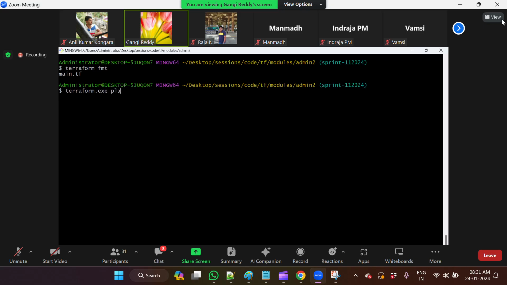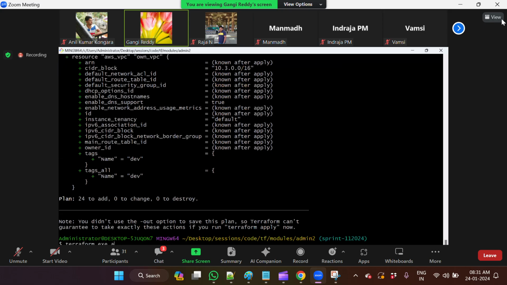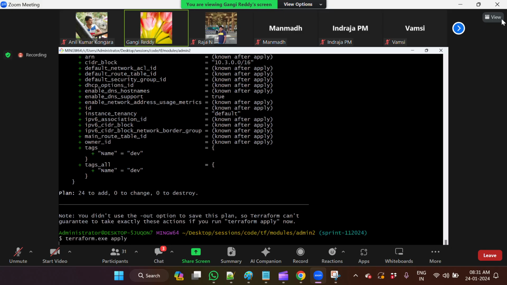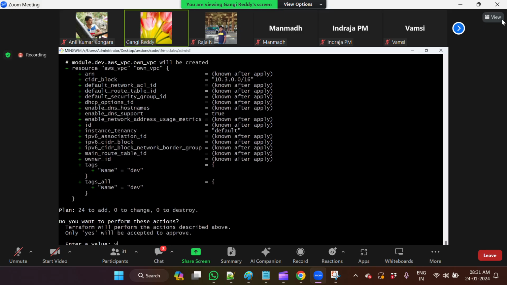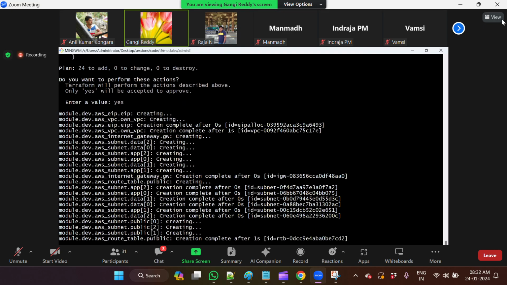Terraform plan. I wrote one module. I'm reusing that same module at multiple places. Just apply. It takes a little while to update. Meantime, let's go and then